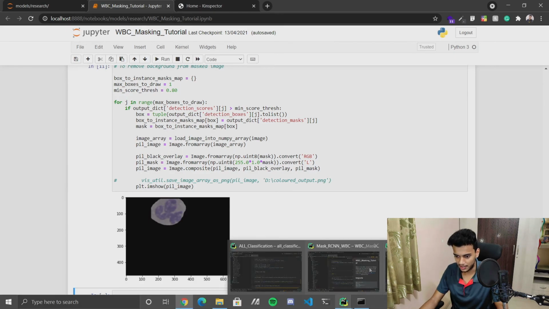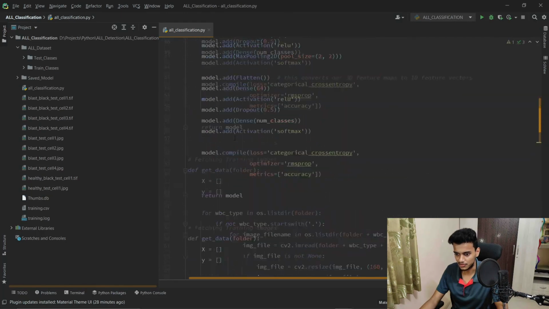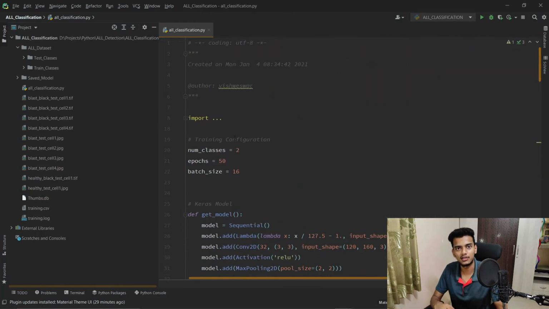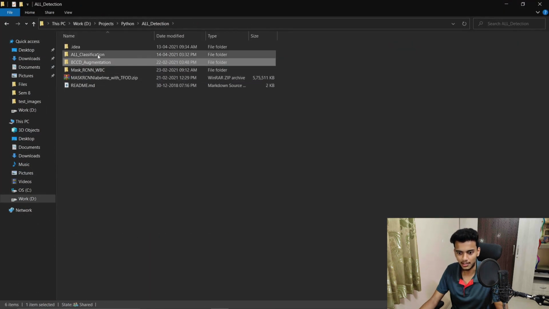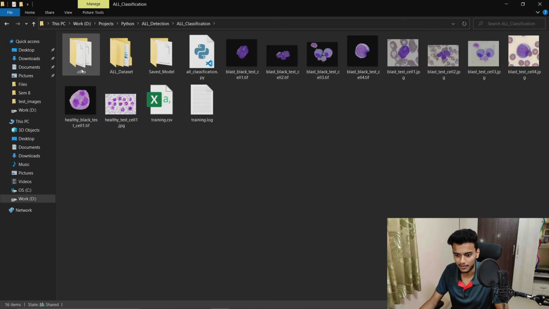And after that, there is a classification. So here is our classification model. After the images have been masked, it will classify: it has detected that this is a WBC, now is this WBC a healthy WBC or a blast WBC? That's what we need to classify over here. So first I'll show you the data set for it.